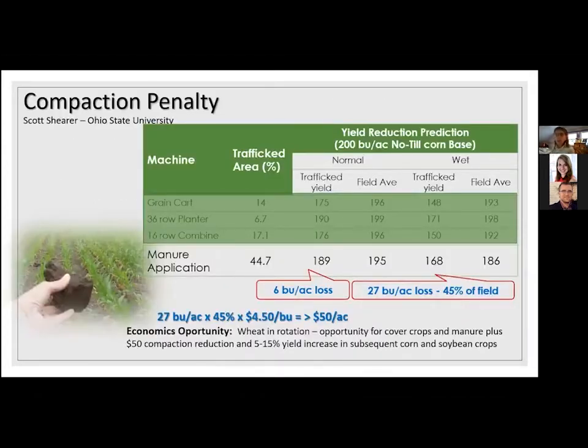This is information that was presented in Ontario by Scott Shear a couple of years ago. And I found it extremely interesting because if we do application in the non-growing season, often when the weather conditions are poor, soil conditions are wet, we get a lot of compaction. And Scott presented some information that looked at what percentage of the area is trafficked. And then in those, in this example, 45% of the area has wheel traffic on it because of manure application, and you get a 6 bushel yield difference